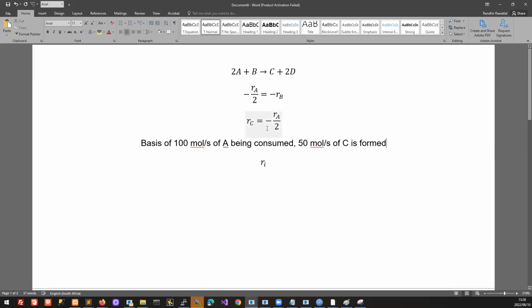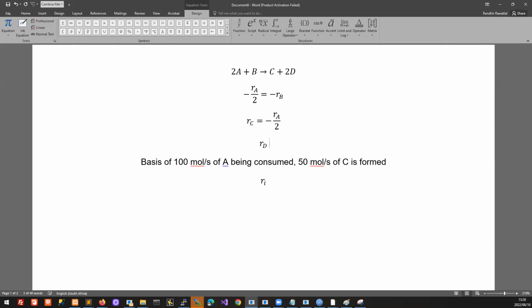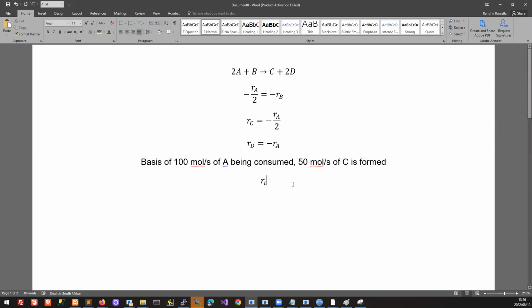Okay, so that's what we can say, and just to complete it, we can say RD equals, and you can see the same amount of D and A, the amount of D formed is the same amount as A consumed. So the way to write that in symbols is RD equals minus RA. So that completes that. And then we can write a general form. We can identify a general way of looking at this. If we say Ri over nu i equals Rj over nu